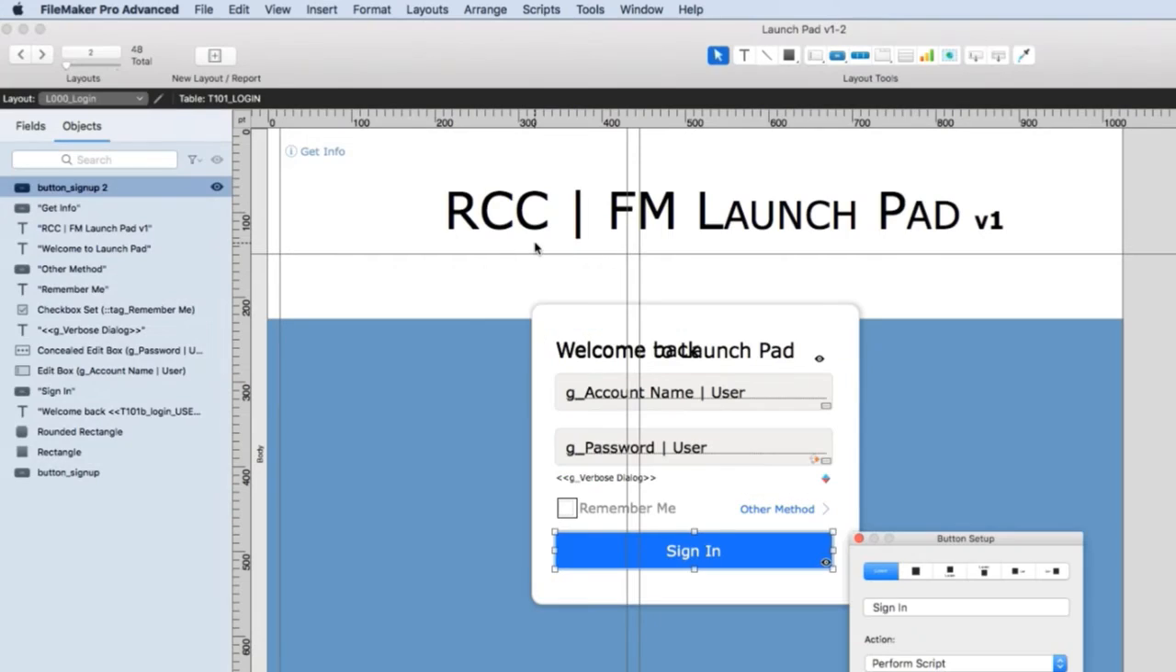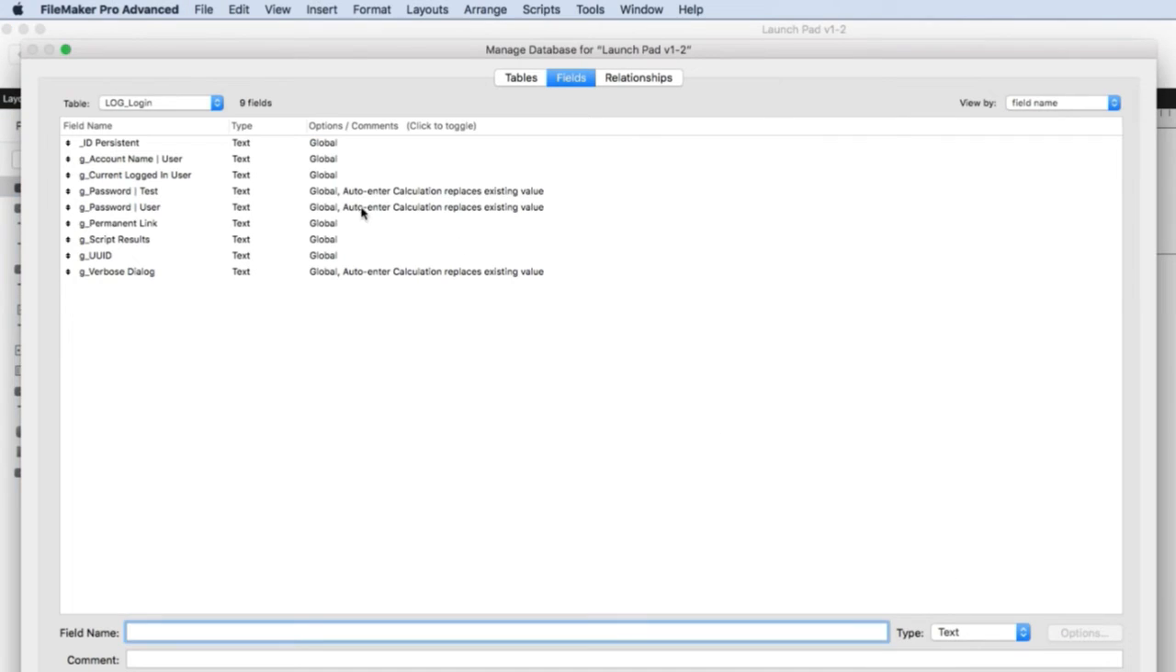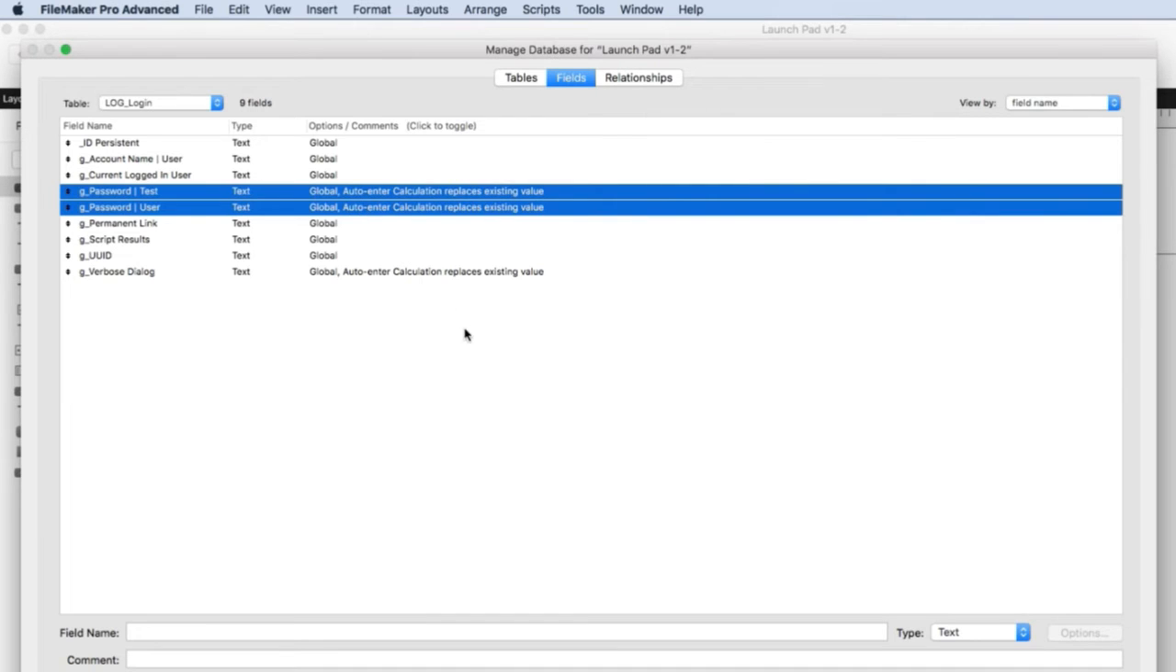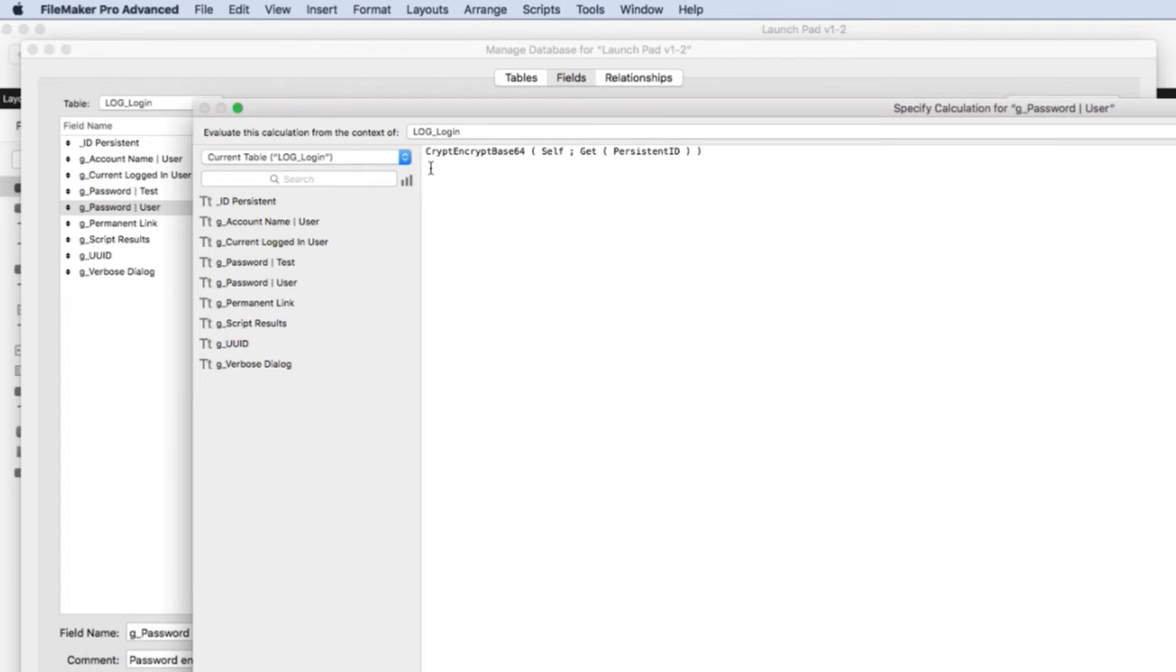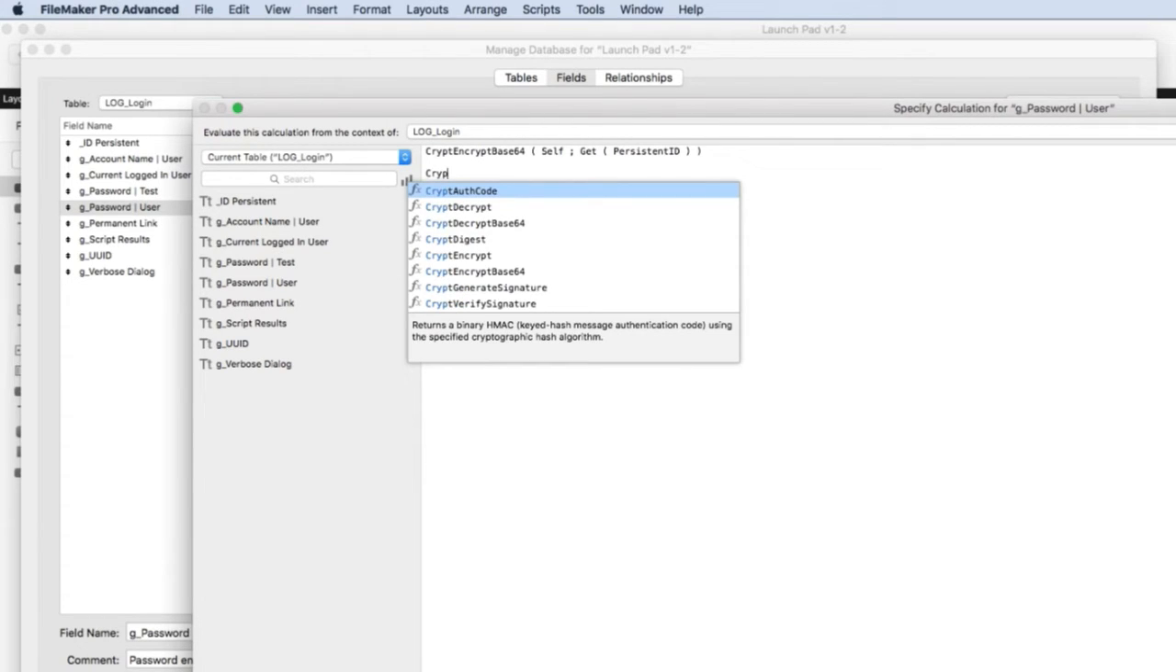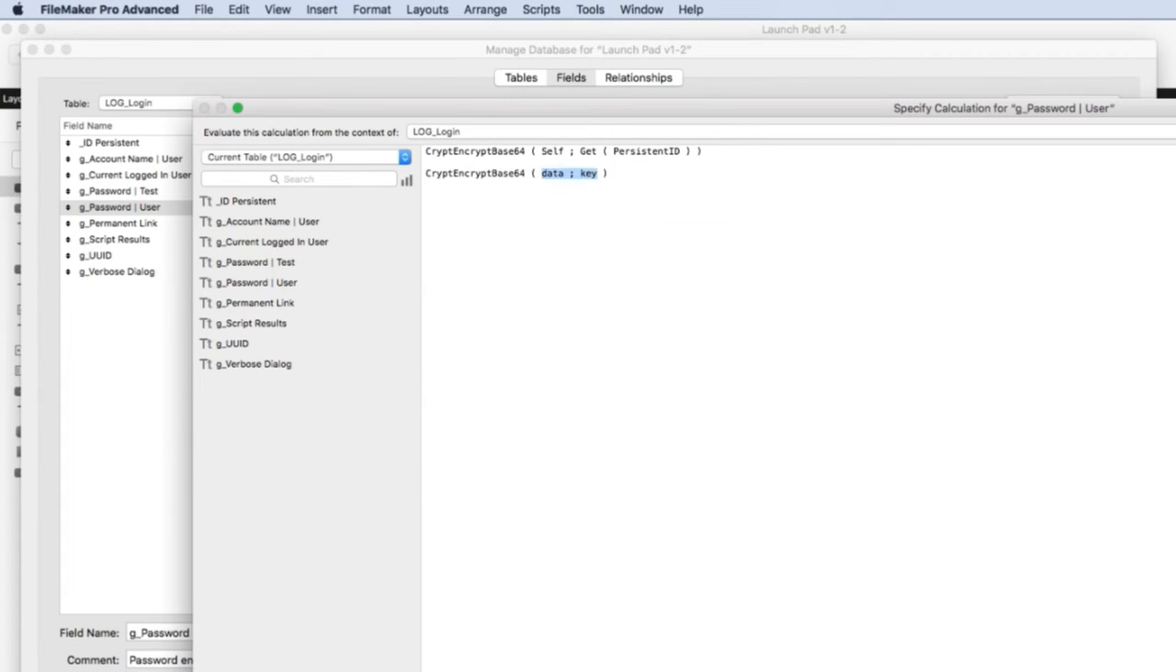So to encrypt and decrypt in a very easy, very straightforward and very simple way, you use an auto entry calculation. And the auto entry calculation says you encrypt base 64, the crypt encrypt base 64. This is the one you need to use. You need the data that you want to encrypt and the key. You need a key, and you need a very secure